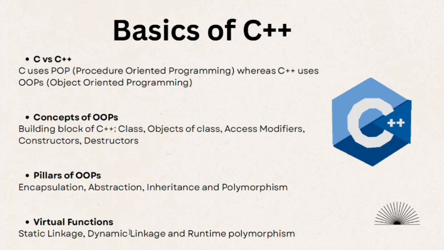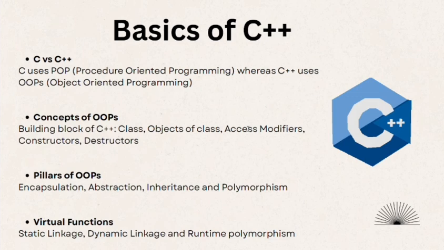Concept of OOPS. In this, we'll learn about building blocks of CPP like class, objects of class, access modifier, constructors, and destructors. Class, a blueprint or template that defines properties and behavior. Object is a real time instance of a class, like a real house built from the plan. Access modifiers control who can access data, like public, private, or protected data. Constructors,